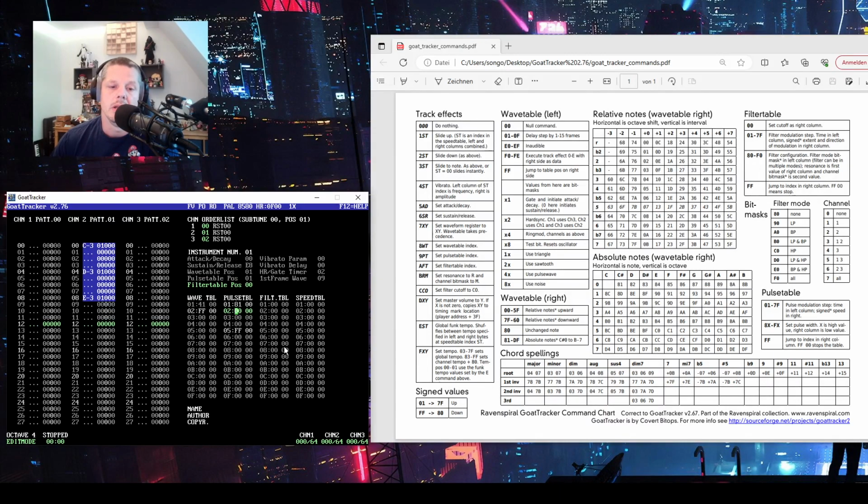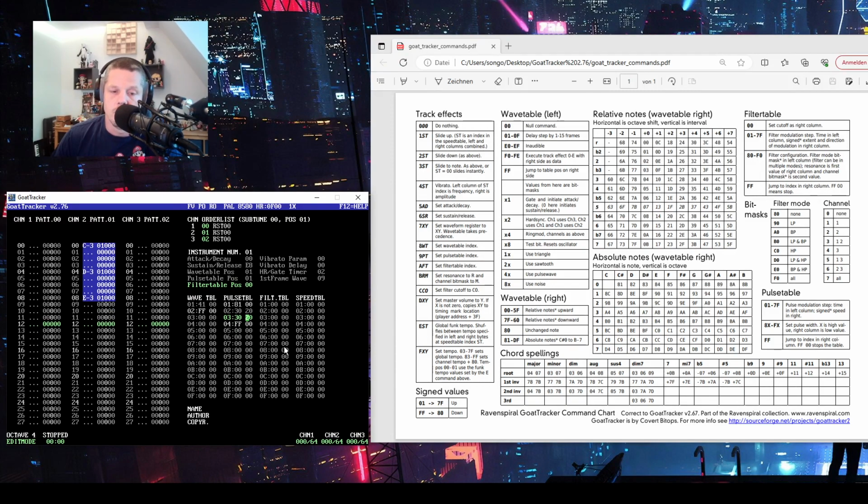And I will build some loop here. So we start at 81, and I put this into the table. So that means that the pulse will be increased for 20 steps for 30 frames. So it goes up the pulse, and when now I want to return it, so I can just make a